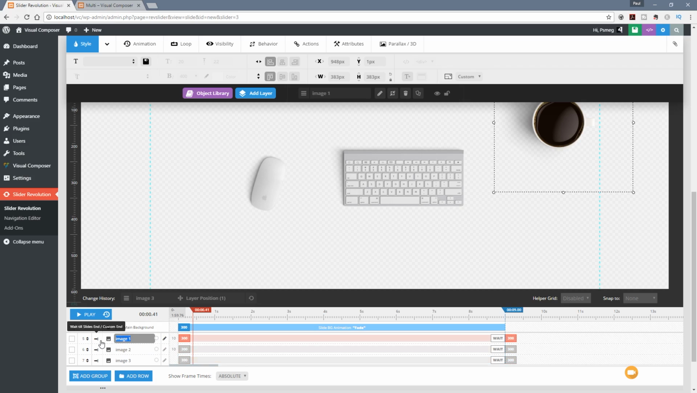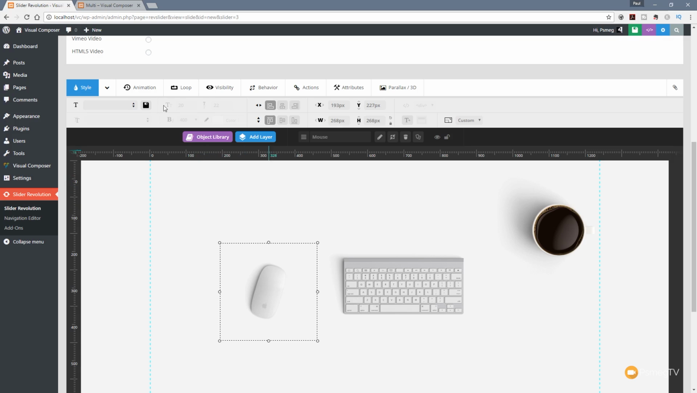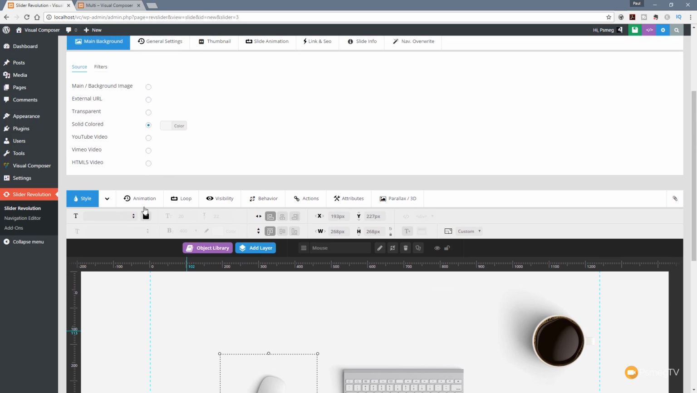All you need to do, double click, and we'll say coffee, keyboard, and finally we've got mouse. Okay, so we've named those. We now have some order and some sense to our slides. So next up, let's start animating these different elements and seeing how we can set those basics of the animation up. So if we scroll up to the top of our screen, we've got a whole range of different options